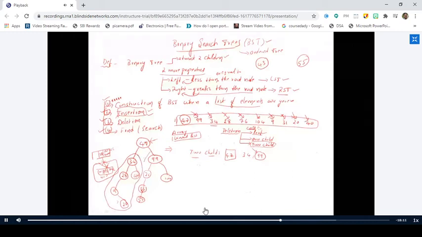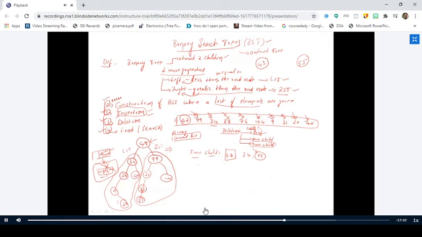Now the case is I can replace this 47 either with 1 node from the left subtree or with 1 node from the right subtree. So I can replace this 47 with 34, 28, 49, 20, but not with all the elements. There is one element that can replace 47. Similarly, out of 99, 76, 63, 55 and 104, I have to select 1 node which can replace this 47. Either you replace it from the left subtree or from the right subtree. Now I have to select the best node from the left subtree or from the right subtree.